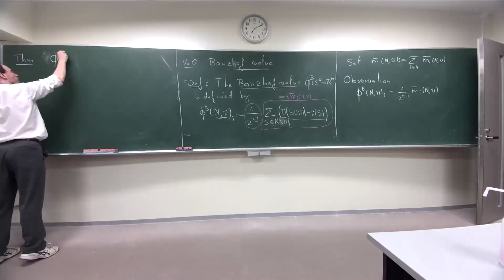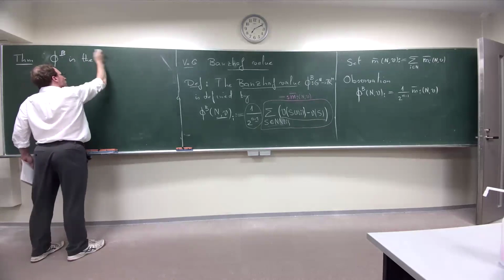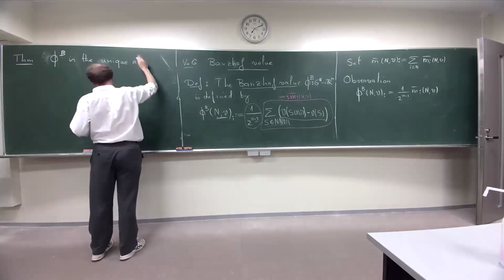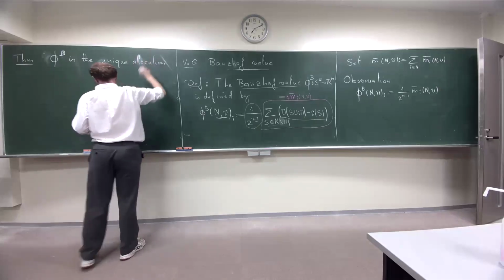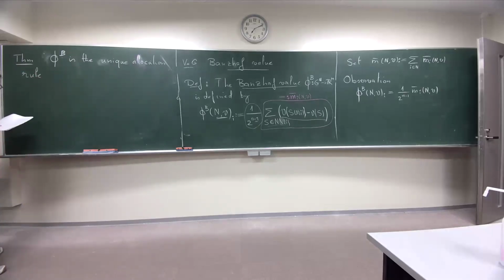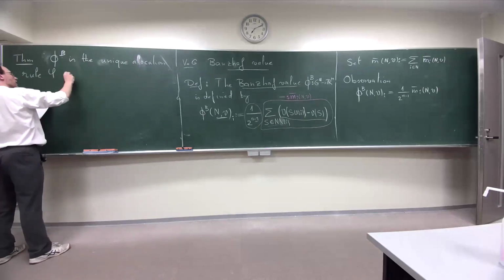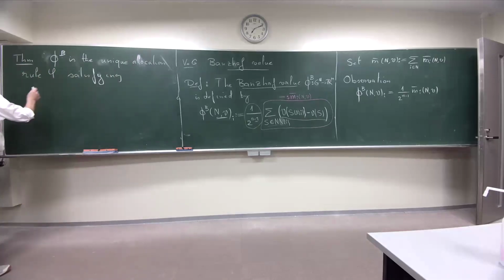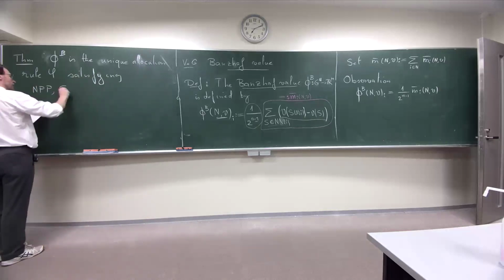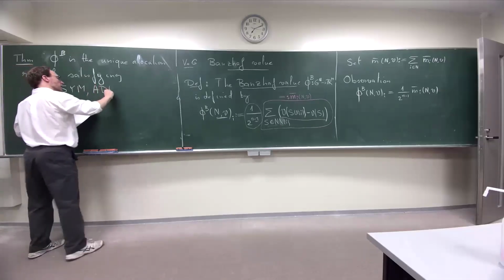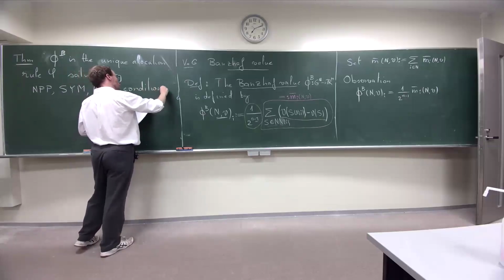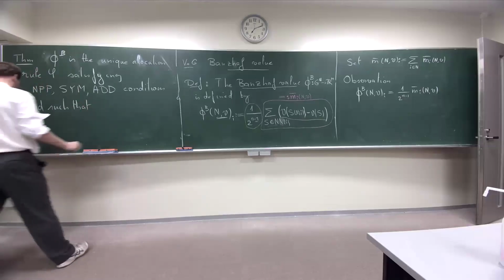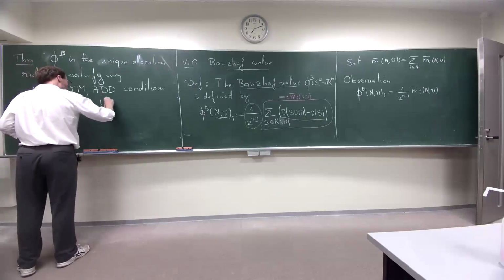Phi b is the unique allocation rule phi satisfying three conditions: NPP, sim, and add. So already three of them, and such that